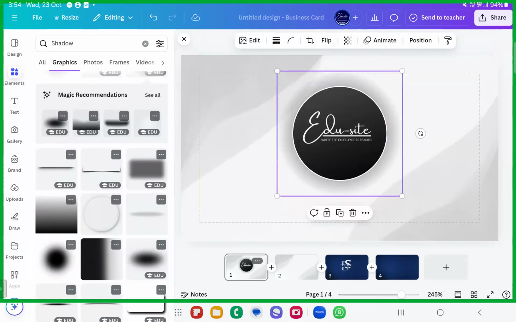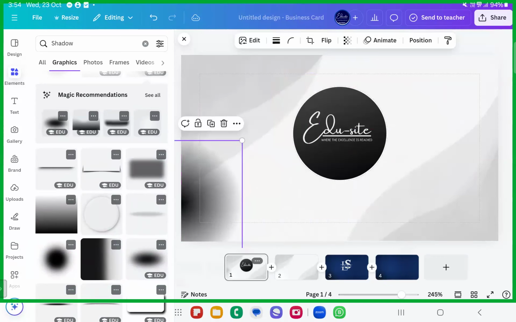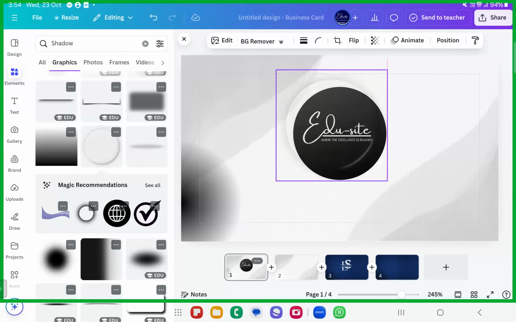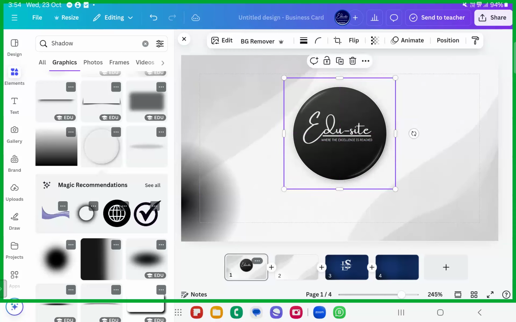Or if you do not require this, if you do not like this, you can just remove this and you can even apply this one. I'll show you how beautifully you can apply this. See here, something like this. Doesn't it give it a feel of a 3D look, like a gem is being put here, like the gems? Hopefully you just understood what I am trying to say.